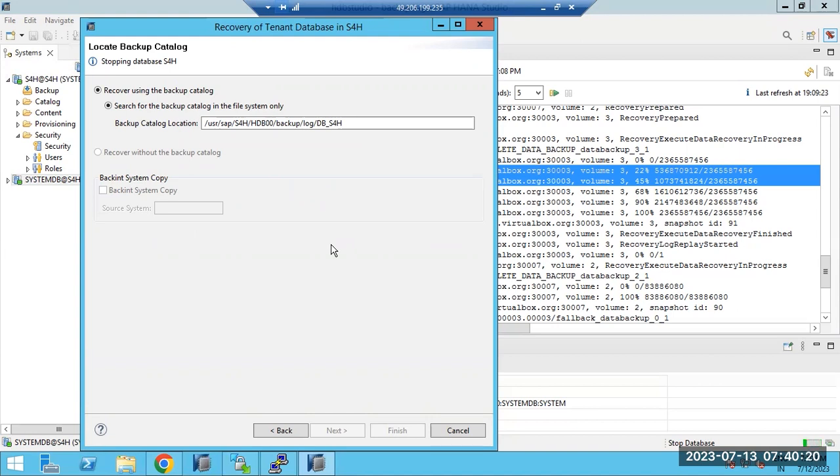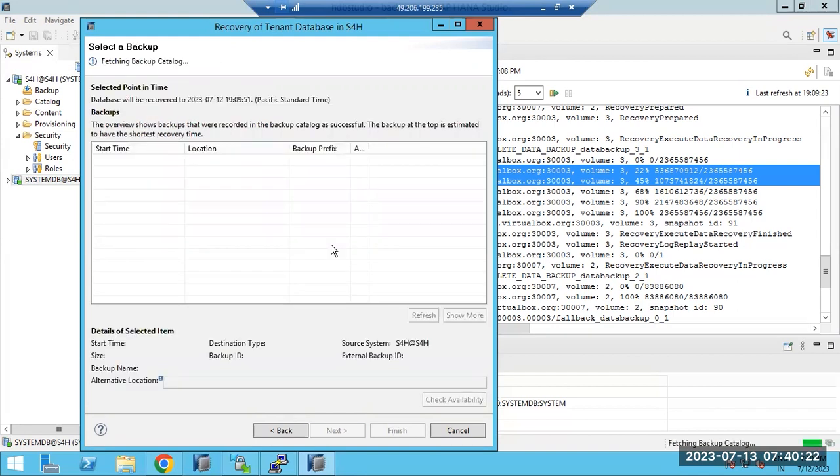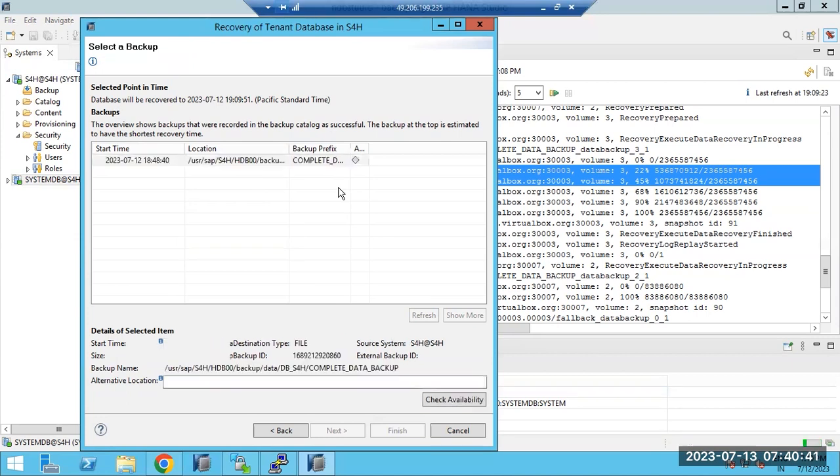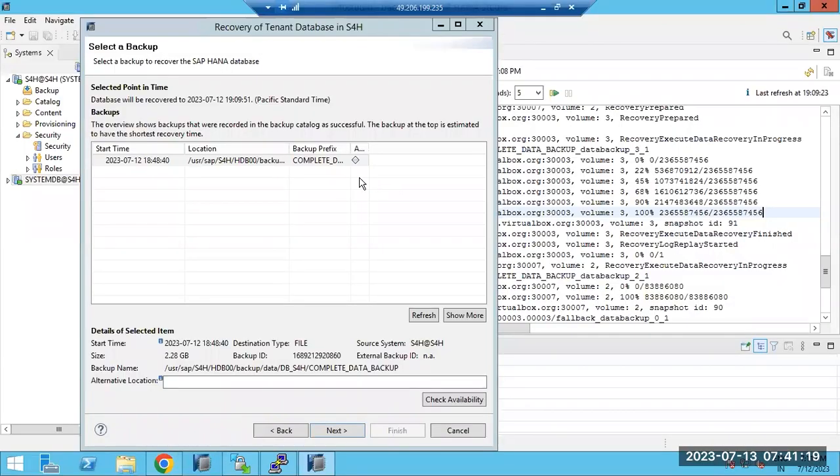Up to point in time recovery, current timestamp, or using the database backup. We can also restore it to a previous database backup. So the database will be recovered to 7.9, right? 7.951 Pacific Standard Time. So let's see. Here it will use the last full backup. Then it will also use the